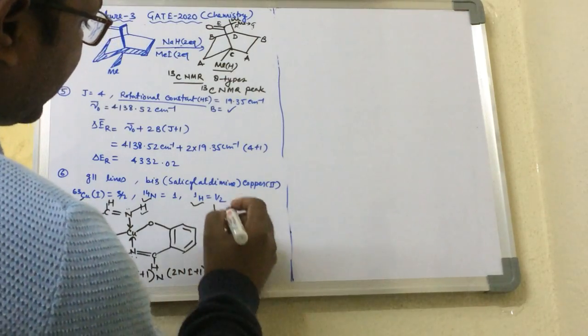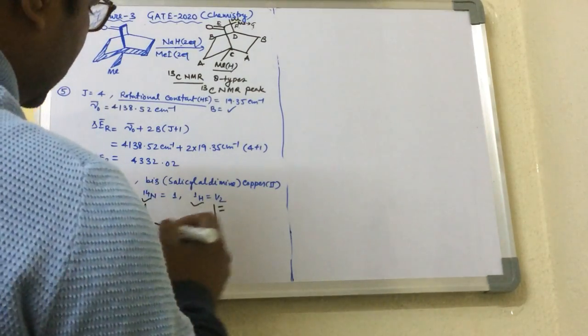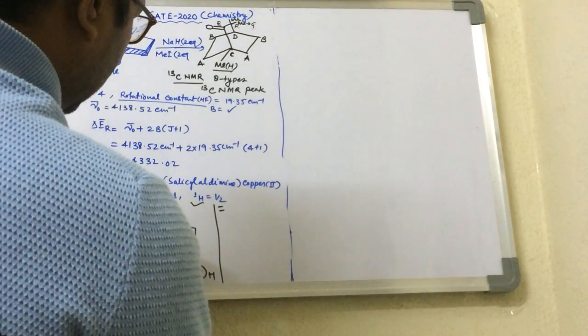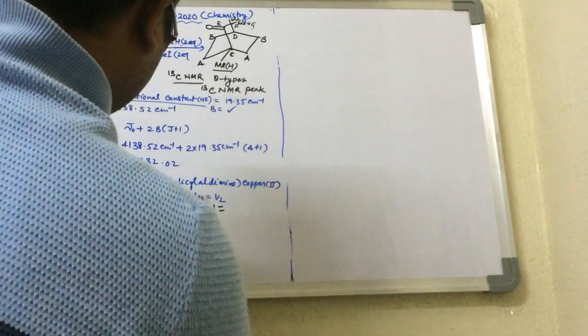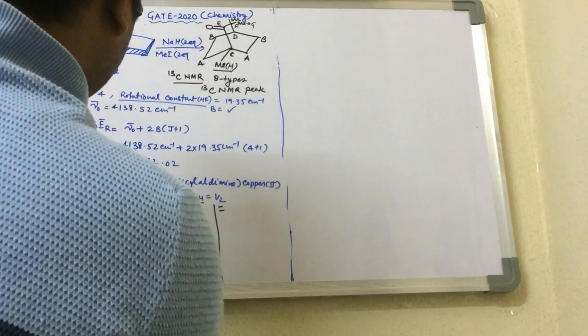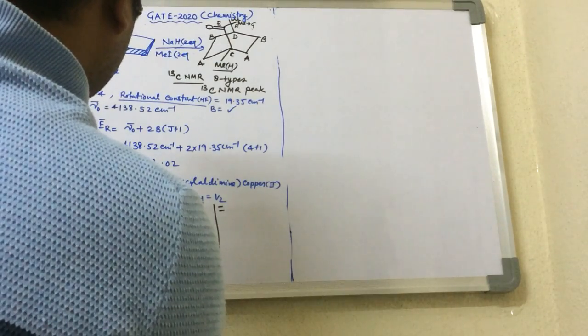So simply you put all these values. Copper is 1, so the total number of g parallel lines is equal to